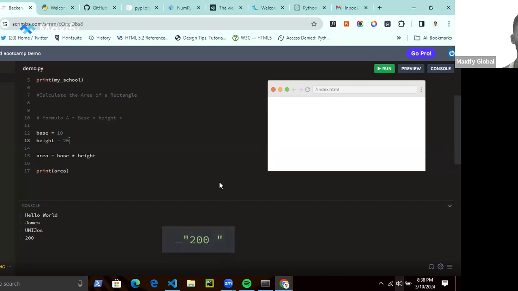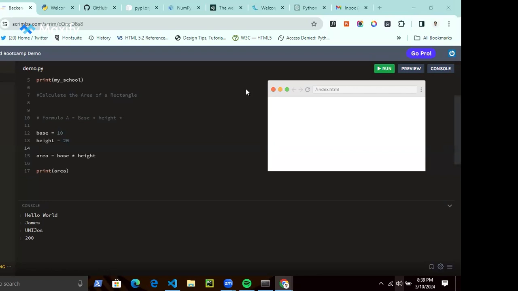Okay, I have 200 when I run my code. So what do you have? You can change the value, just interactively enter into the live terminal, change the value, and then print the area. Are we done? Yes. Okay.